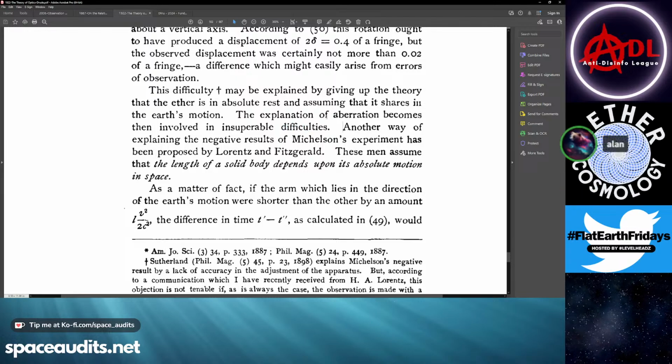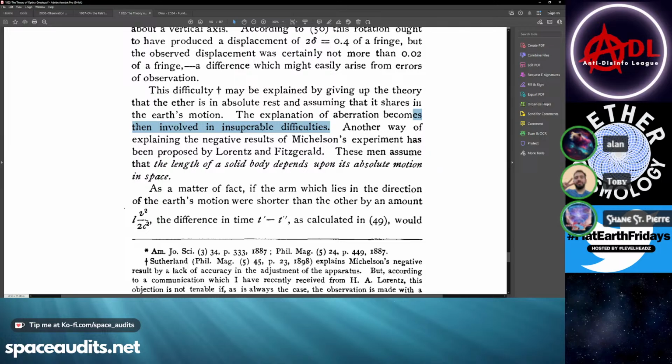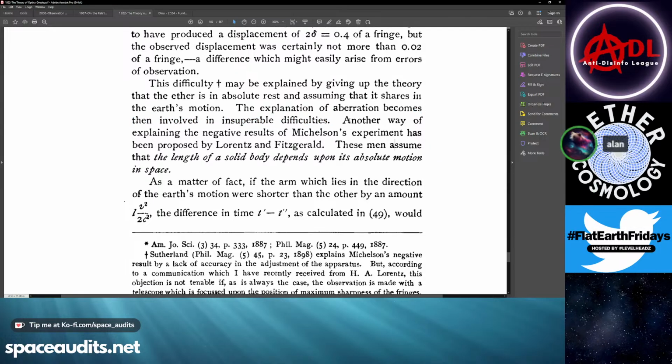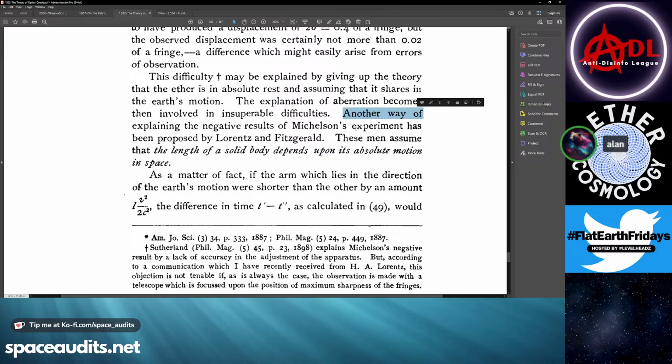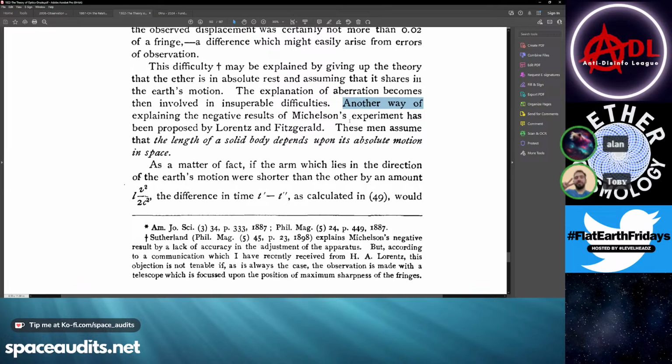Wow. Insuperable difficulty. Yeah, the aberration. Someone needs to keep reading. Pass the popcorn, dude. Well, actually, you just did a bunch of popcorn. You want to read? I thought that was you tagging in. I know, but then I was like, ooh. Anyway, you can take over when he finishes the taco. Or you could take over too.